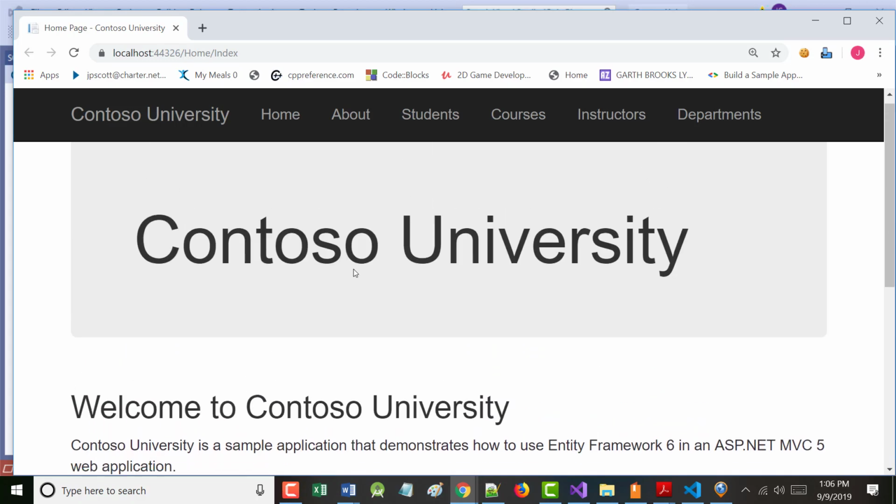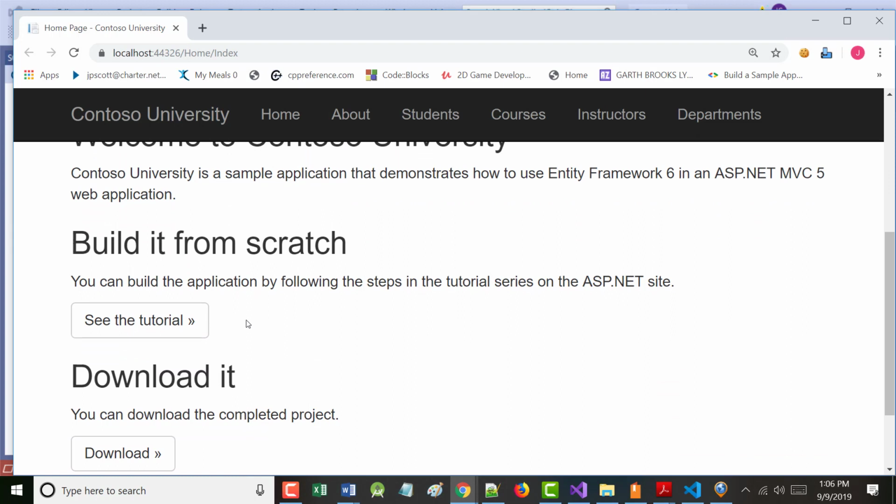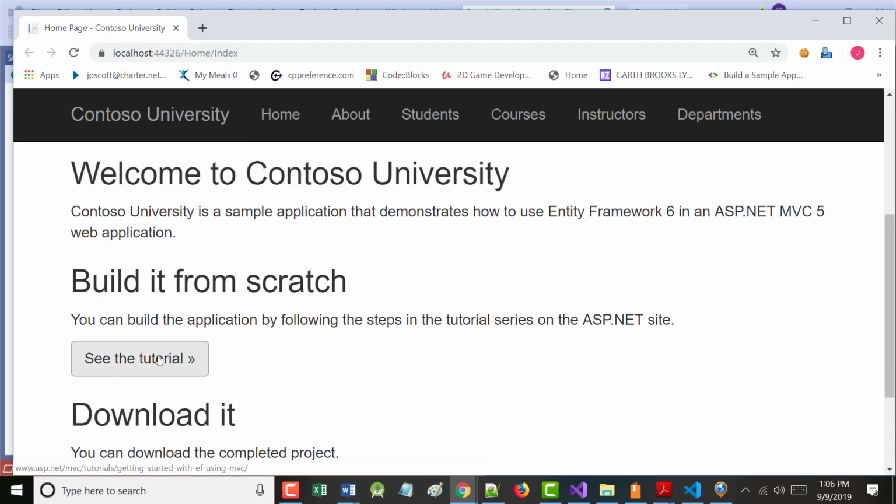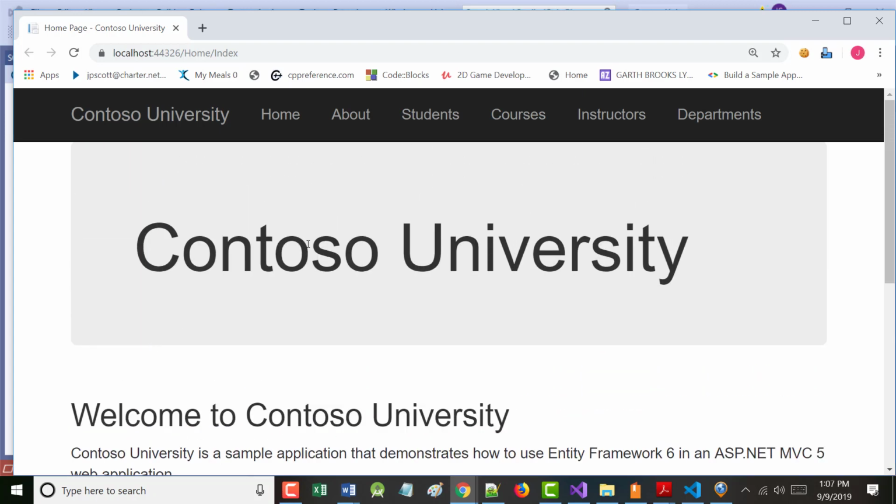Not pretty, functional now, I guess. Build it from scratch. I think this actually goes to the tutorial. Download it. I think that goes. Okay? All right. So right now we've got a working home page, we've got a working about page, and that's